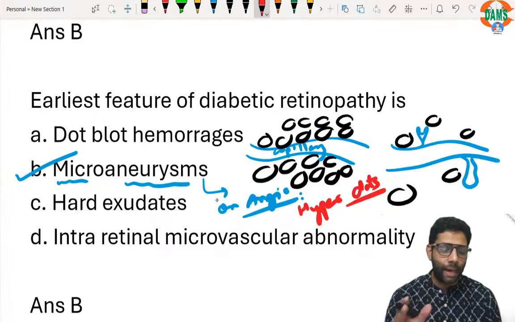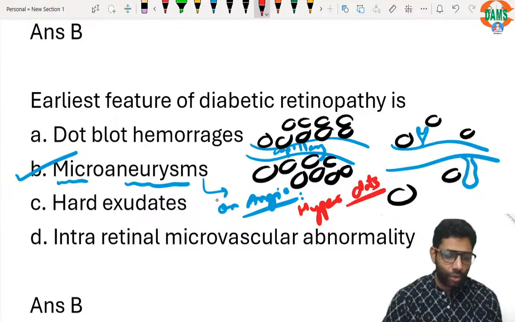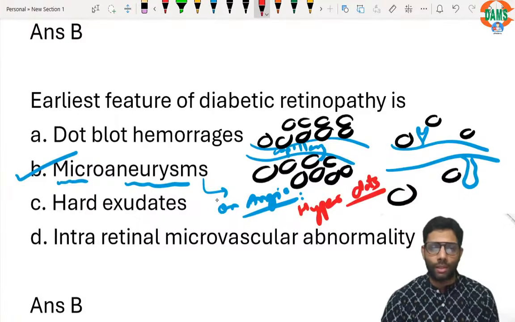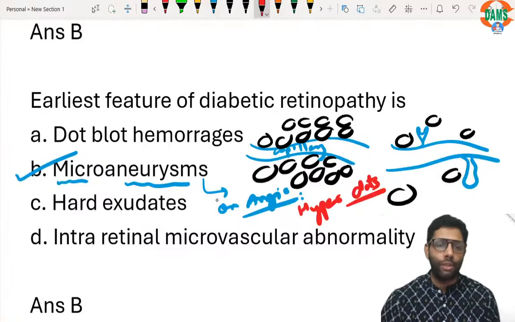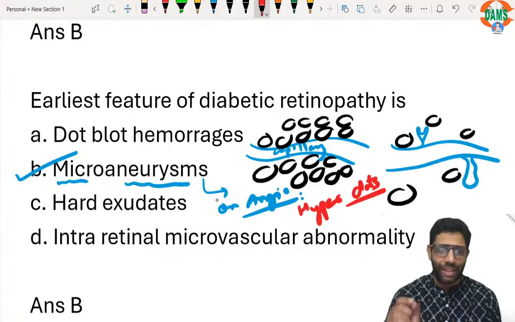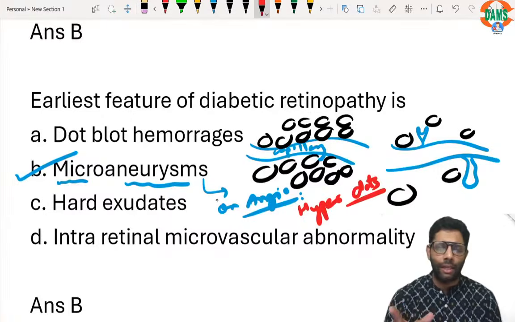So this will be very mild NPDR stage. Rest all the signs, dot hemorrhages, hard exudates, ischemic retina are hypofluorescence. Only 2 signs are hyper, very good Techi, microaneurysms and new vessels. Hyper dots, hyper branches. रट भी सकते हो, बुरी तरह भी रट सकते हो. Hyper dots and hyper branches. Hyper dots are microaneurysms, hyper branches are new vessels. Any new vessel will leak the dye, so you can see the dye coming out of the new vessel, and